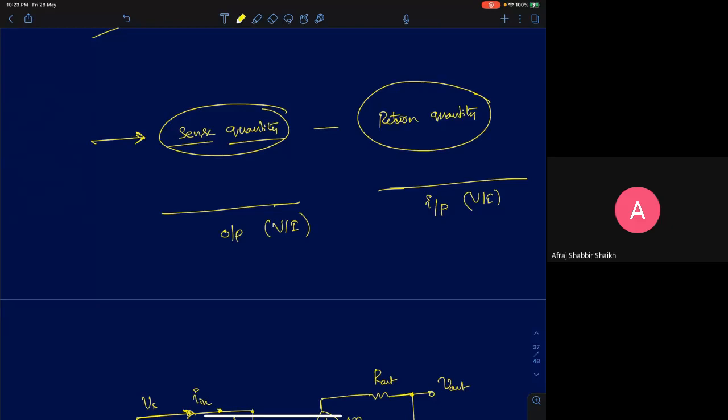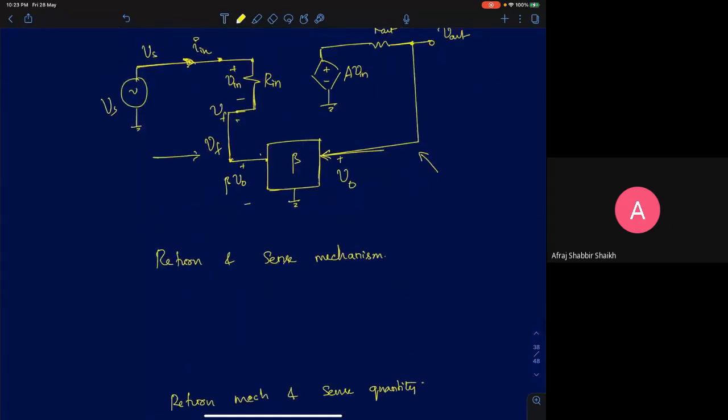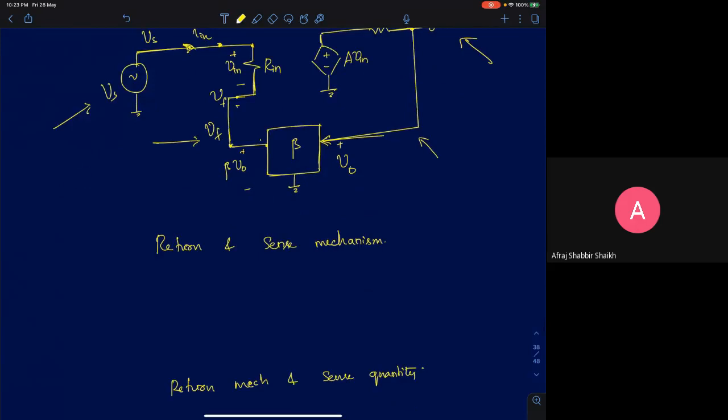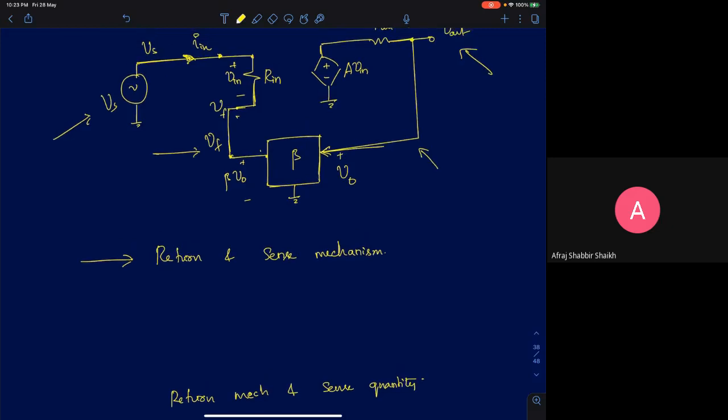Based on this, we'll now try to name the different amplifier topologies. Shown here is a voltage input, voltage output feedback amplifier. Using the first naming convention, return and sense mechanism, what should be the name of this feedback amplifier? Look at the input first.